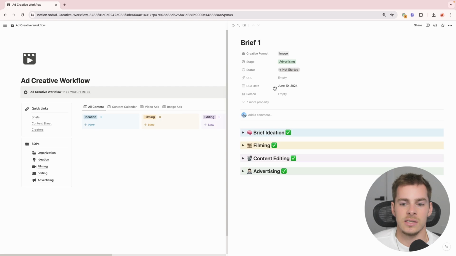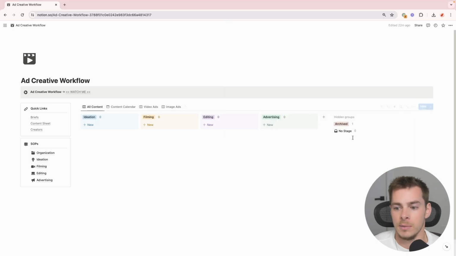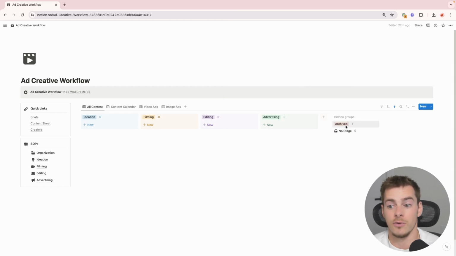Now, once this advertising stage is done, we actually have an automation that automatically archives it, right? If we mark this as done, which we never want to select at any other stage because then it'll archive it prematurely, then again, it automatically puts this in the archive section. So if we have to go back into a particular brief and we want to look and see why that set of creatives did well or didn't do well, we can always pop back into this archive section and see all of the existing briefs that we worked with in the past.